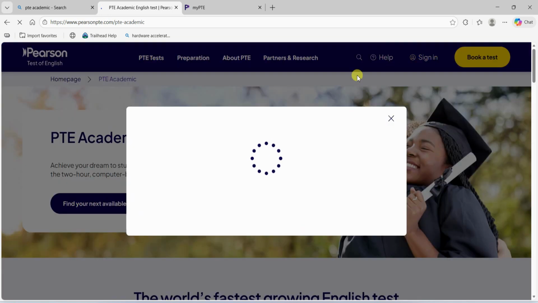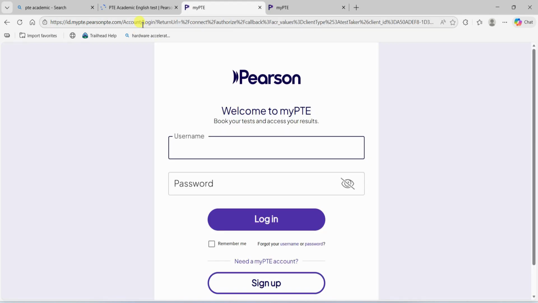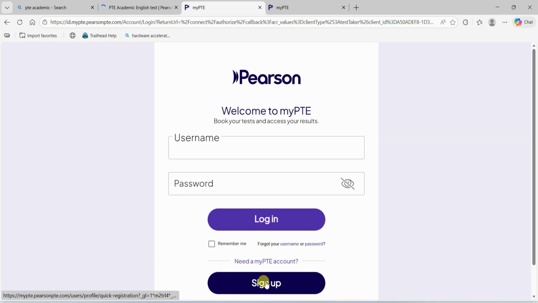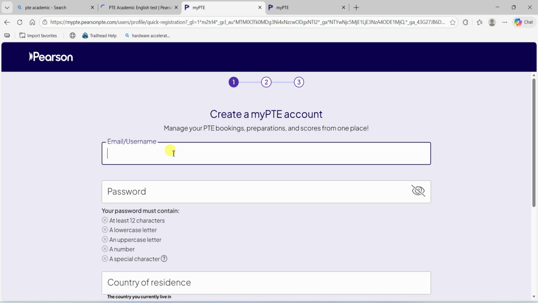I click on sign in, and then I click on sign in and create account. So the same page will open. Okay, this is how I proceed. Now, if you have an account, you click on login, otherwise you go for sign up. When you click on sign up, you have to add your mail ID. So let's say I'm adding some dummy mail ID,